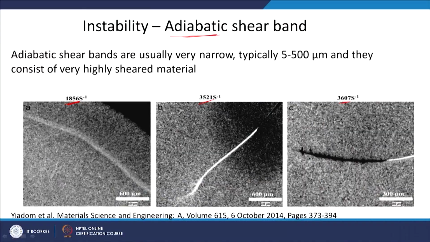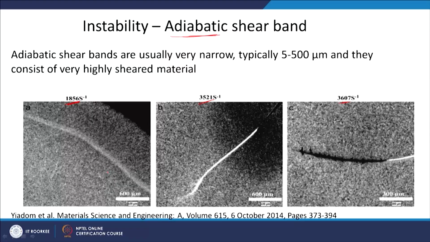For example, here 600 micron is the scale, and it is almost covering the whole figure. So, it must be around a 1000 to 1500 micron shear band. It should at least cover maybe 50 grains or so, of course depending upon the grain size. Similarly, you can see here a very big shear band. Here also you can see shear band formation with crack formation. It looks like there is a crack here, and the shear band is somewhere here.